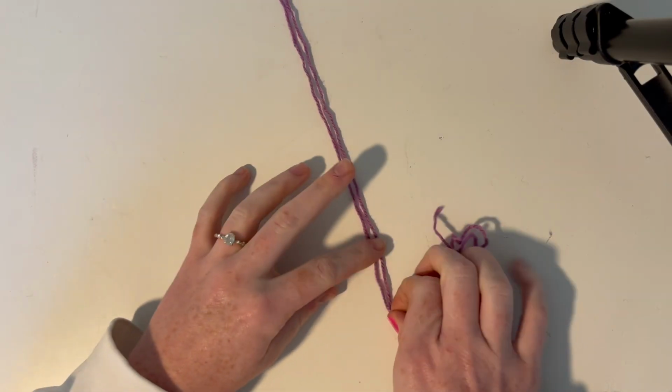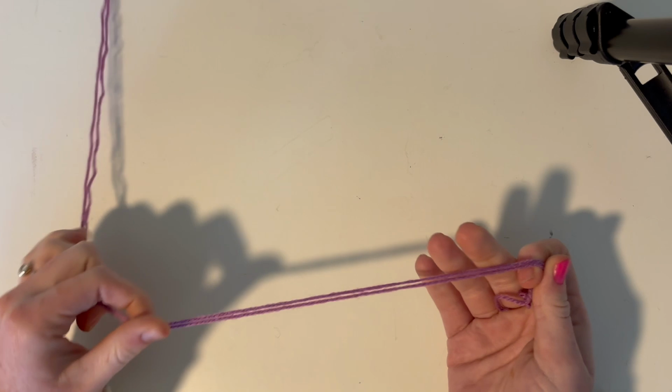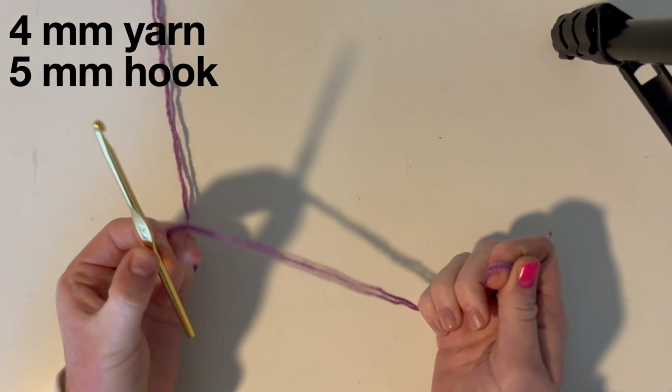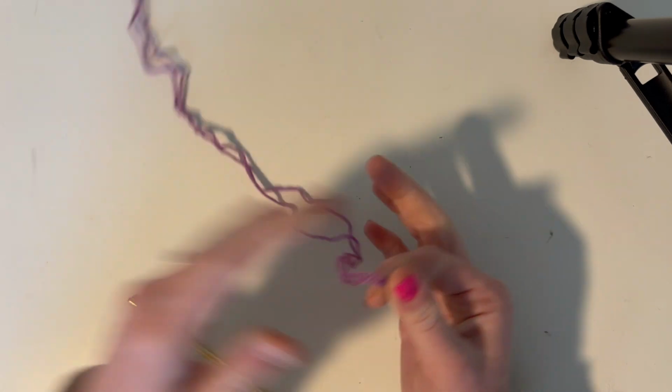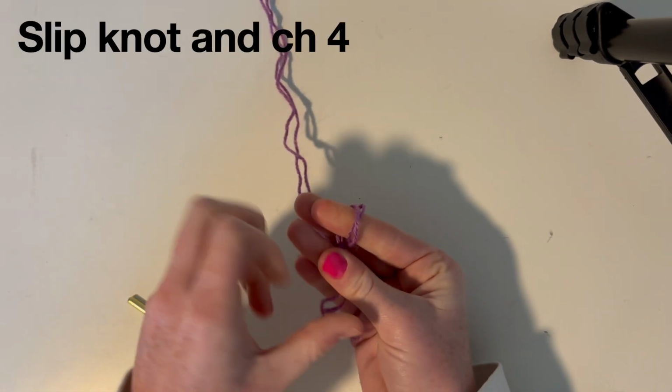Today we are making a granny square bag. So we're gonna start off with 4mm yarn and then a 5mm hook because we are doing 2 pieces of yarn at a time. So we're going to start with a slip knot